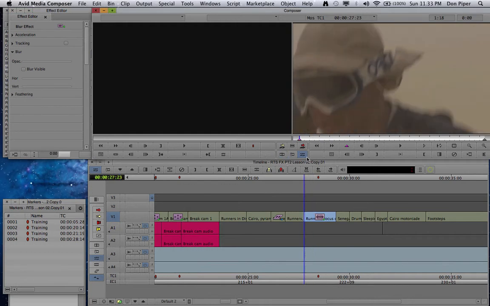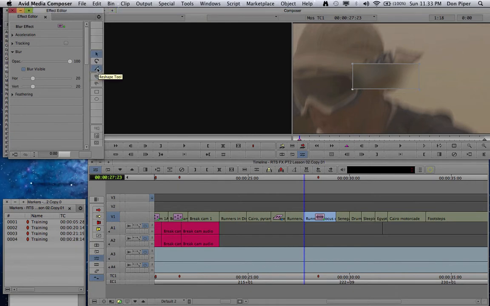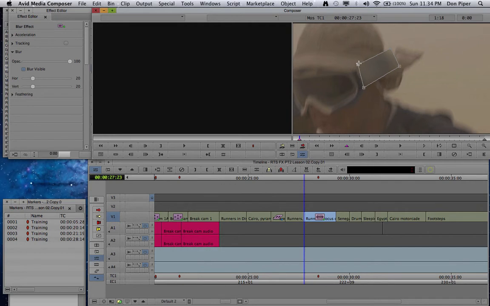So again, we go back to the very first keyframe, and we'll go to our rectangle tool here. Click that on, and we go over here, and let's just draw a rectangle. It doesn't matter what size it is. And then we're going to go back here and click on our reshape tool, and when we do that, we're able to grab these corners and just put them where we want them. So let's grab them and just change this shape so that it covers pretty much just the Oakley symbol. Okay, and then we